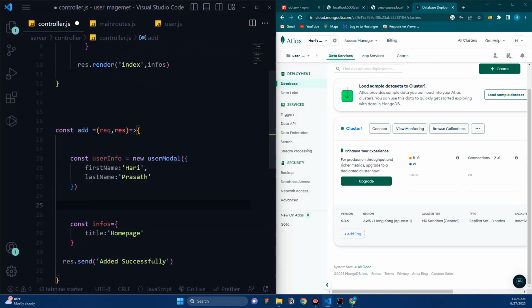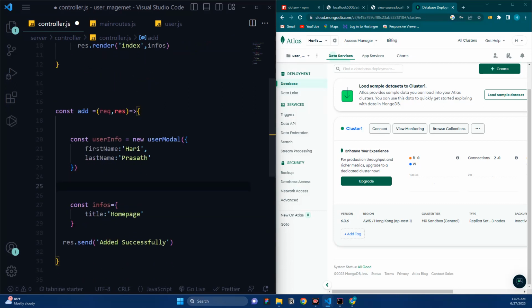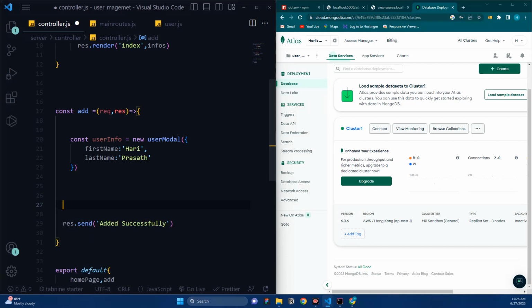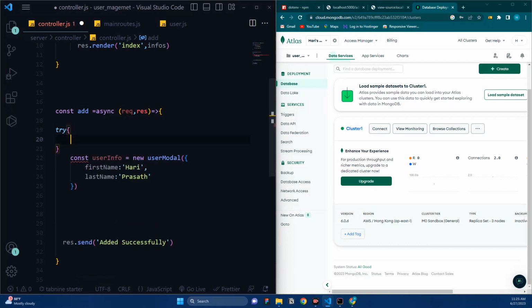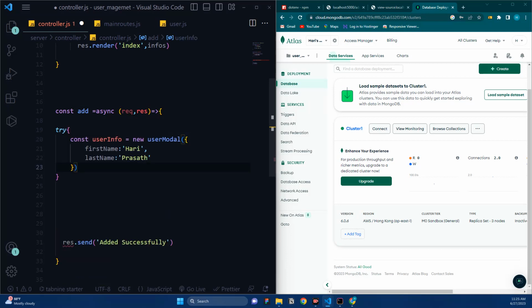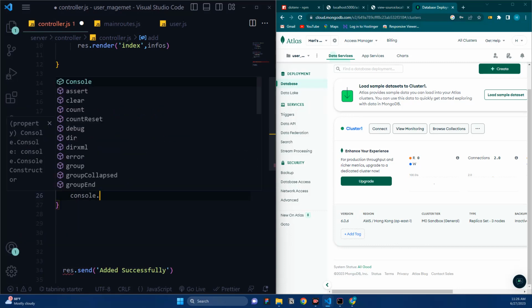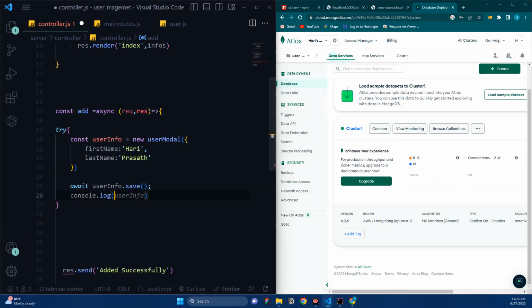Okay, and what we are going to do is, since it is going to be an asynchronous process, I'll say async. And I'm going to say try this. Once the model is added, I need to say await here, and I want to say user info dot save. It is going to be saved to our database. Once it is saved, I just want to say console dot log